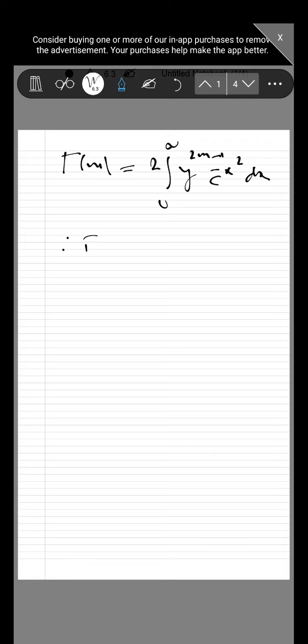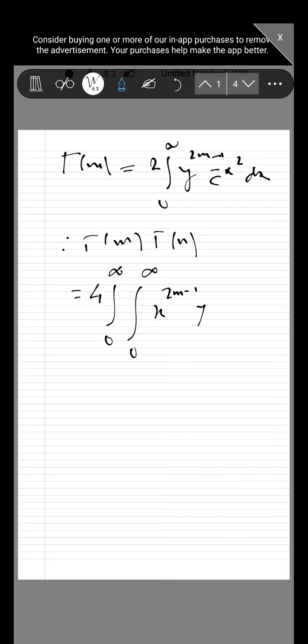So gamma m into gamma n is equal to 4 into the double integral 0 to infinity x to the power 2m minus 1 y to the power 2n minus 1 into exponential minus x square plus y square dx dy. The double integral may be evaluated as a surface integral in the first quadrant of the